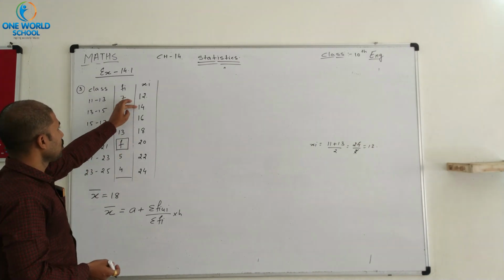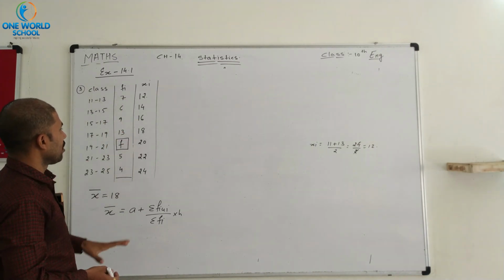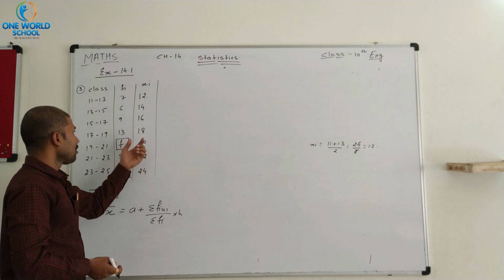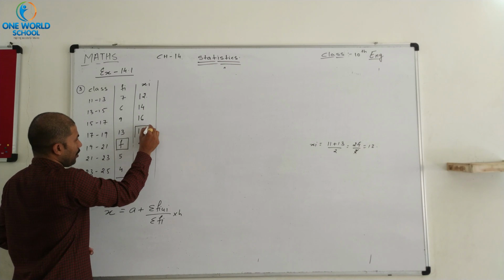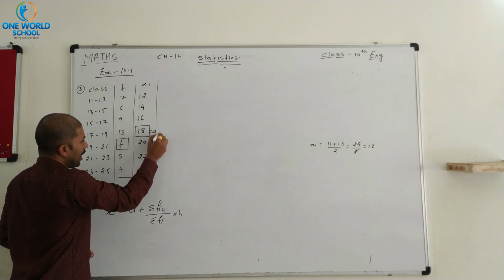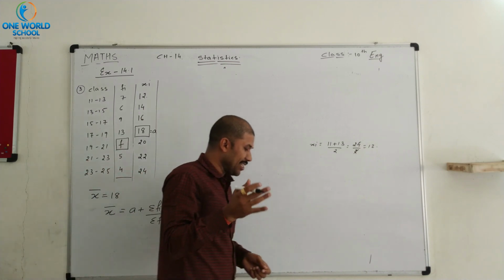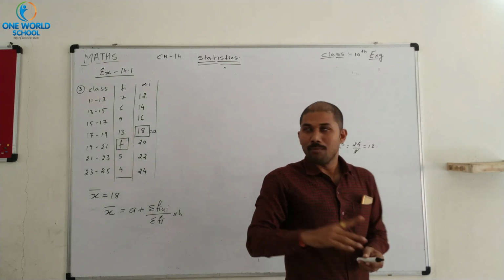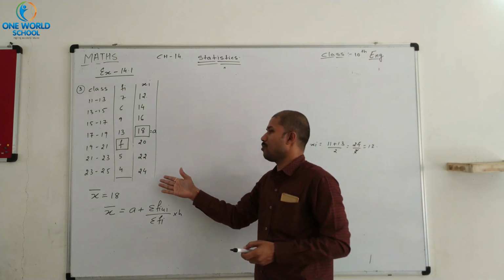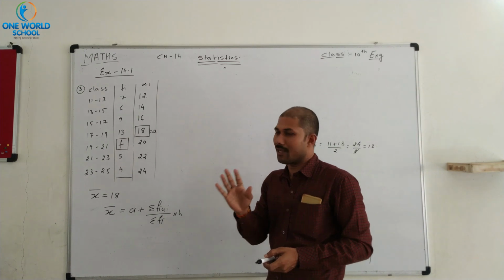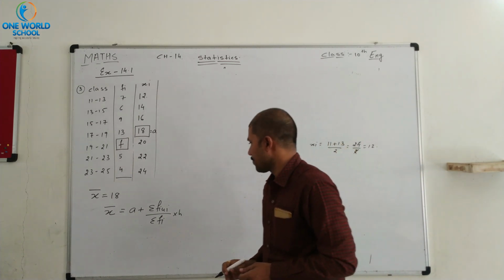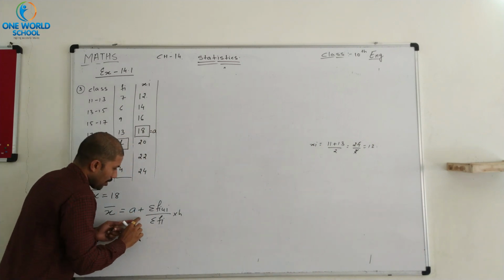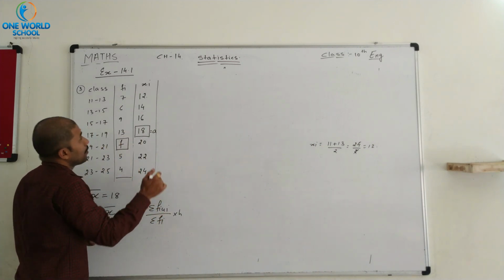So now see, 1, 2, 3, 4, 5, 6, 7. So we select the middle one, that is 18. मैंने पहले भी बताया है कि आप a की वैल्यू किसी को भी सिलेक्ट कर सकते हो, पहले को भी सिलेक्ट करो, लास्ट को भी सिलेक्ट करो, that doesn't matter. We can select the value of a from anywhere in the xi section. Now we move forward.